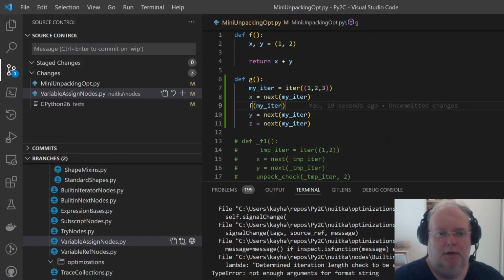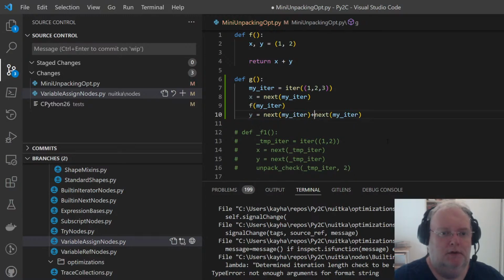Now, if I do next my iter plus next my iter, it's going to work. But it's not an assignment, and thereby causing difficulties for the tracking of the variable.